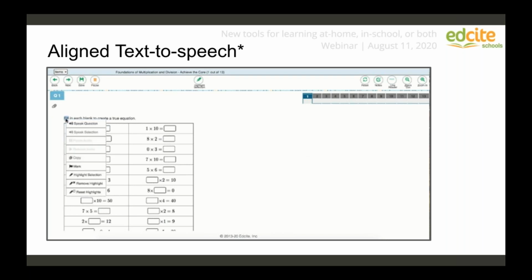preparing students to really show what they know, to make sure that they aren't getting bogged down in, oh, well, how do I use the buttons? How do I use the interface? So it's really important to us at Edcite that the interface and the tools align with that end of year experience. So one of the things that our team is releasing is text to speech that mirrors your specific state